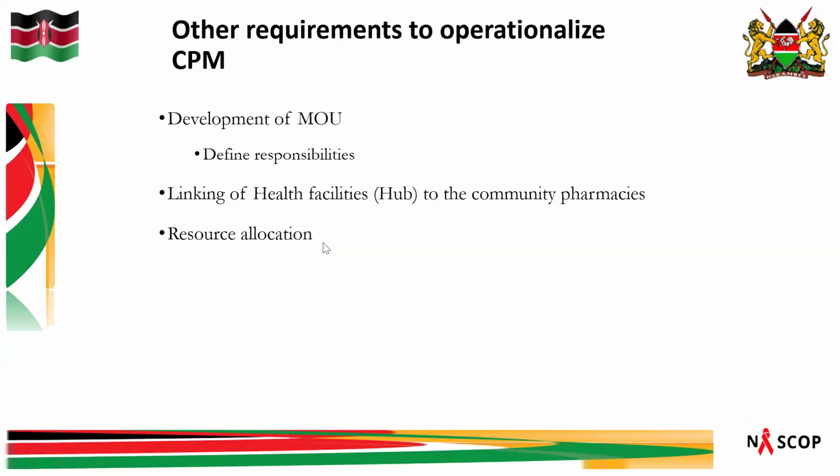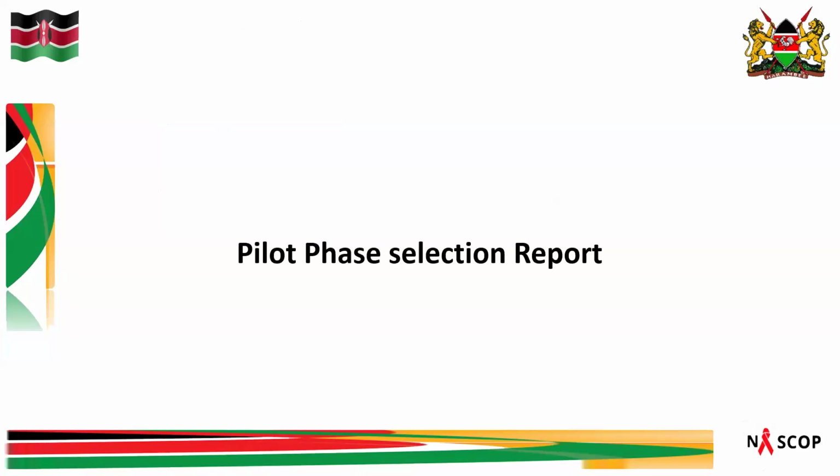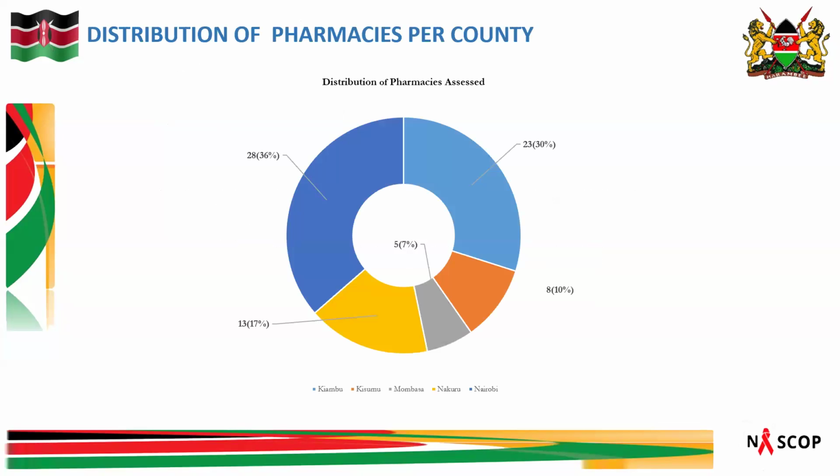So we carried out a pilot phase in 5 counties. That is Mombasa, Nairobi, Kiambu, Nakuru, and Kisumu. And we were able to proceed, and we already identified or selected some pharmacies. And I just want to highlight some sections of the report from the selection which we carried out. So in the 5 counties,